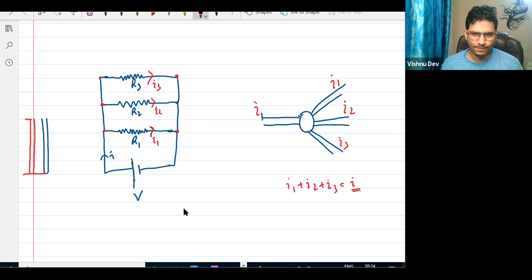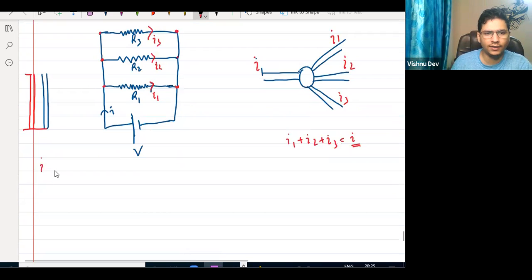You are trying to say that from one voltage of battery, the current is being splitted in three parts, in R1, R2, and R3. Exactly. So source is one only, but current is splitted, right? Here current is divided into three parts. That okay? So if you use Ohm's law over here,